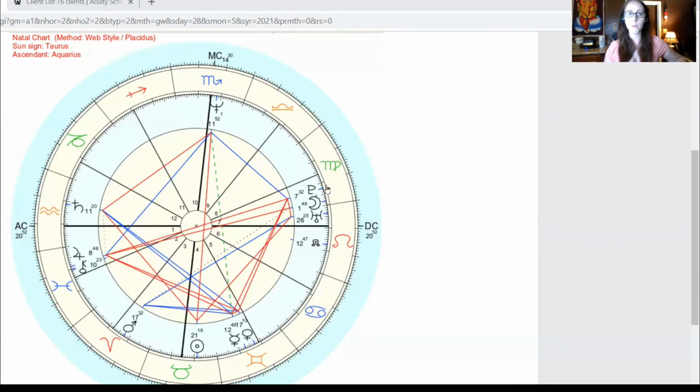Now, if I was doing a full reading, I would look to some other things here. I would look to where's the sun, where's the moon, where's the rising. So Aquarius rising is going to be different. The moon in Virgo, it needs to be practical and follow a step-by-step process. The sun in Taurus, this makes people feel comfortable. This is a person who, just being around them, people are going to want to listen to her tell them what to do because